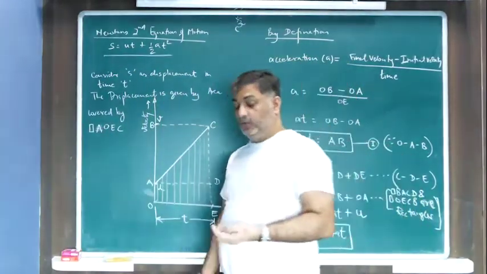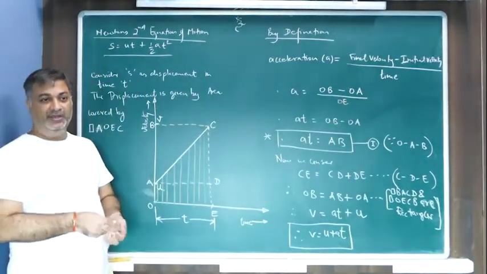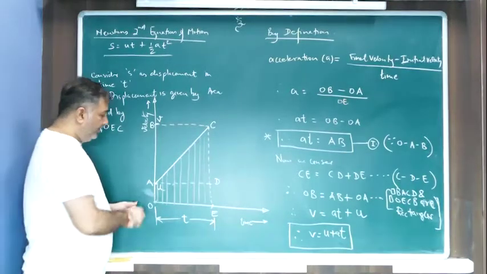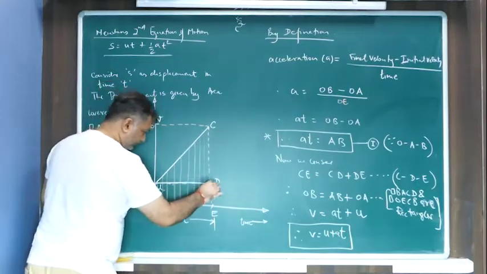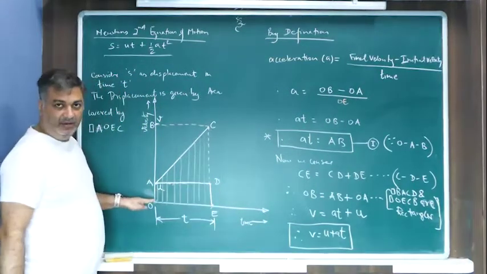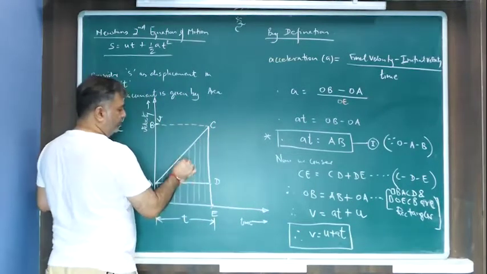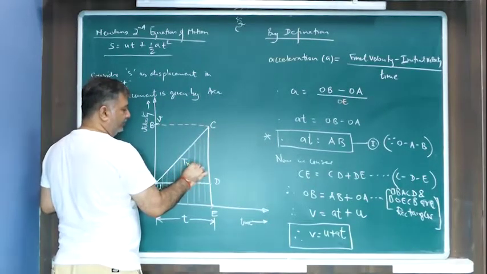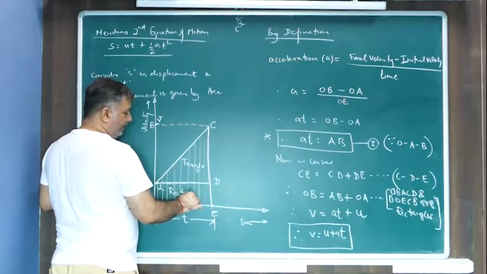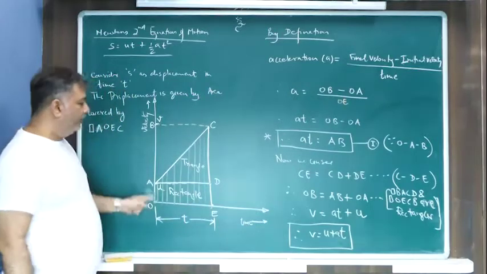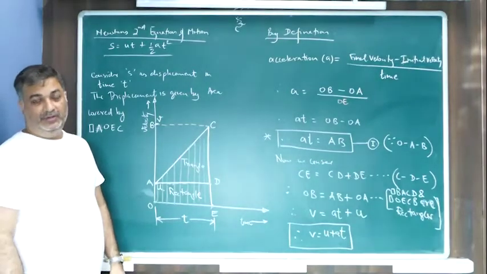Trapezium shape. Now, any trapezium, the area can be found in two ways. One, treat this part as a rectangle, and then treat this part as a triangle. So this is a triangle and this is a rectangle. Add the rectangle area with the triangle area, and you will get the total trapezium area here. Correct? Okay, what is the other way?